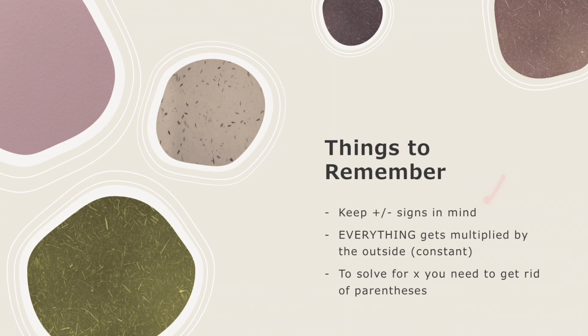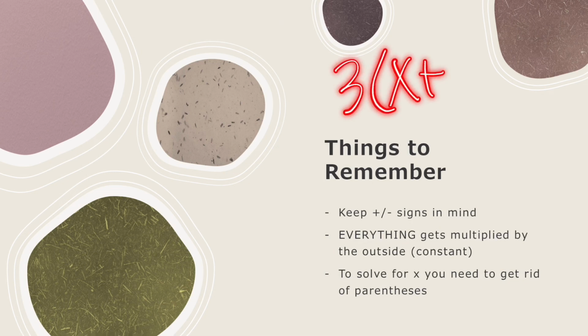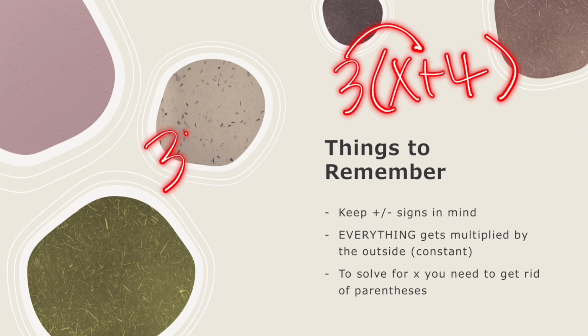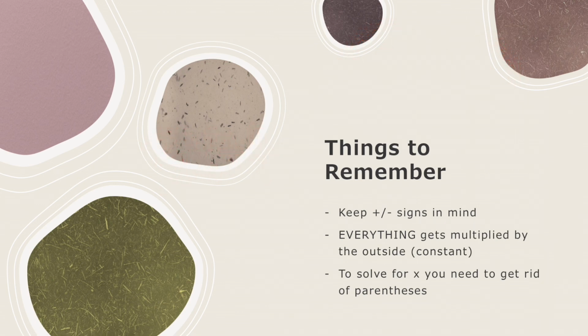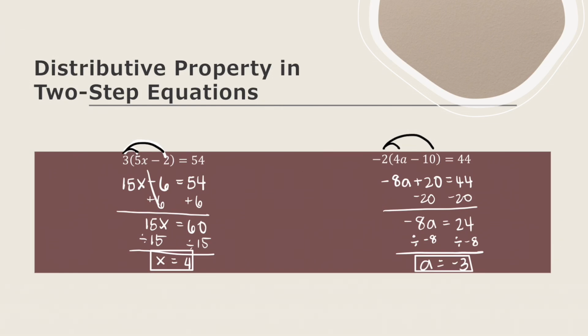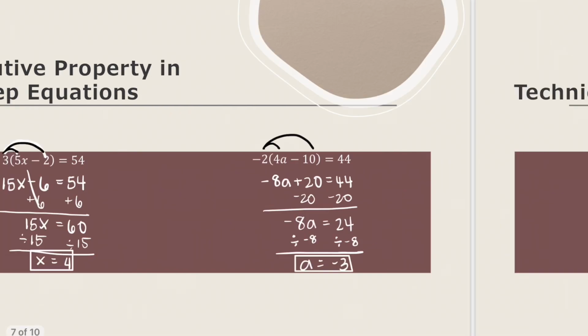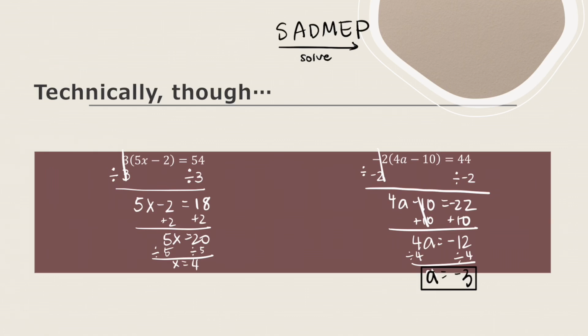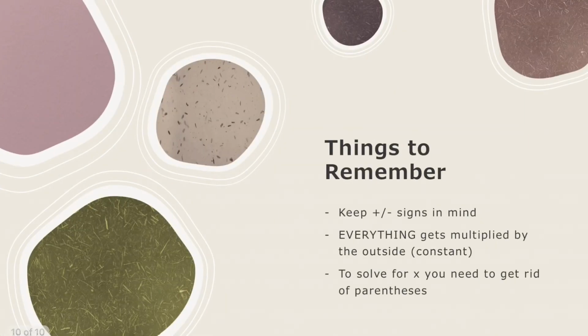So some things to remember: keep those positive and negative signs in mind, please. Another thing is everything gets multiplied by the number on the outside. A common mistake I'll see is students will see this, for example, and they'll only remember to do this. So they'll have 3x plus 4, but really it should be 3x plus 12, because you would multiply that 3 into everything. And then to solve for x, you need to get rid of parentheses. Notice in both of these methods, I wasn't able to start really canceling stuff out until I got rid of the parentheses. So that is always your first step whenever you're solving, is get